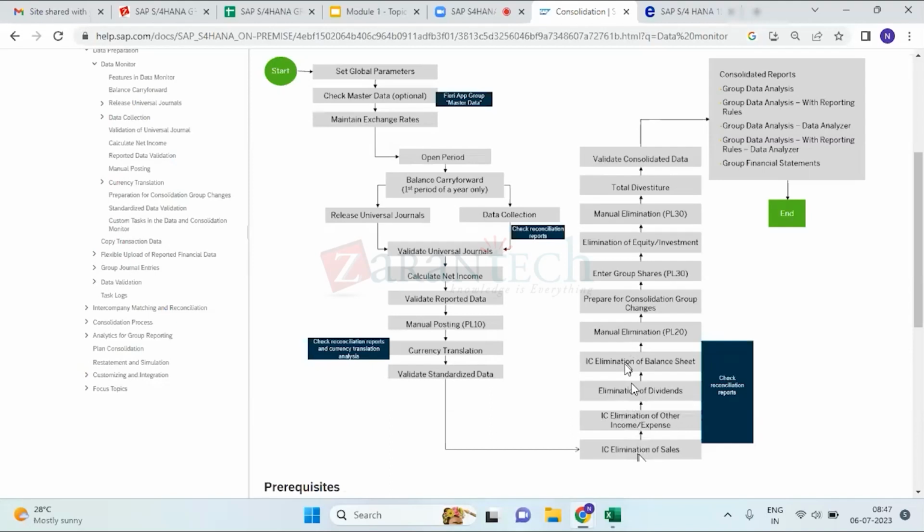So in this, we would be posting a transaction at consolidation, a transaction which will eliminate directly between consolidation unit 1 and 2. And this will be altogether a manual activity. Then we have this prep for group changes, preparation for group changes, and this is run where we have